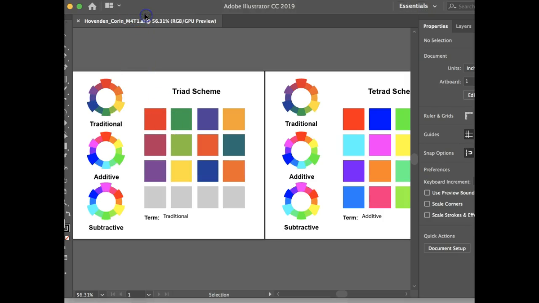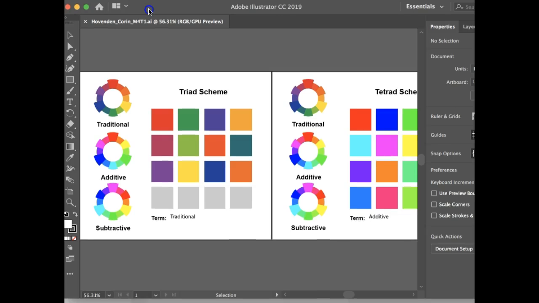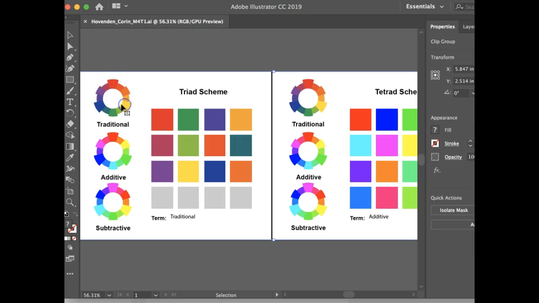Okay, so it looks like you have started the assignment, maybe not quite finished it, which is fine. That's what the draft phase is about. You want to start with just making sure that you're picking in any one of these three color wheels your triad. So that would be three colors equidistant on the color wheel, and then you would just be using those colors in your